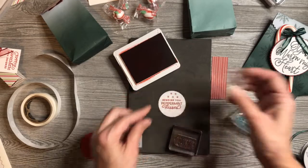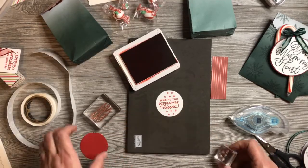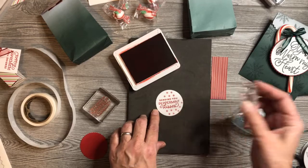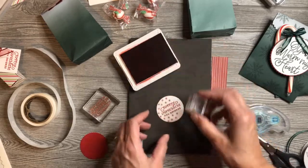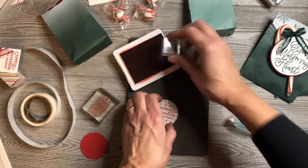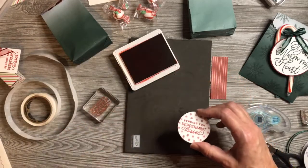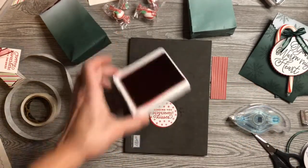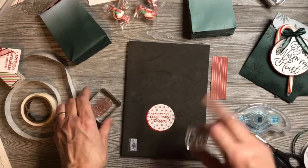I'm gonna go ahead and set those up there. And I'm gonna add these down here. There, that's cute. I could actually just really enhance that. Just go all the way around. How cute is that? And easy. There. Sending you peppermint kisses with little peppermints. Can you see that? Little peppermints all around. Close this up. I'm actually going to use the same saying, sending you peppermint kisses, on the next project because